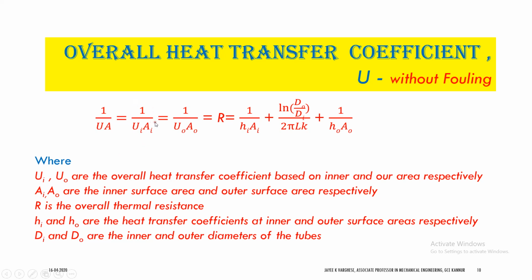Now, one thing from an exam point of view: in most cases, the value of the overall heat transfer coefficient will be given in the problem. You don't have to calculate it. But in certain problems, the overall heat transfer coefficient will not be given. Rather, the values of Hi, Hout, etc. will be given, and the conductivity of the material will also be given, or it will be mentioned that it is neglected. In those cases, you have to use this equation to calculate the overall heat transfer coefficient based on either area.